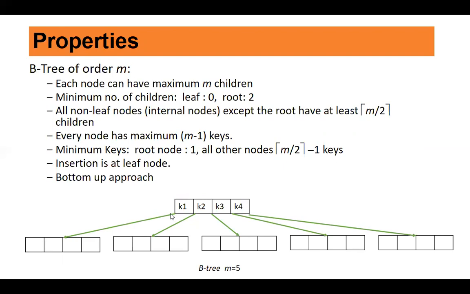Now, the minimum number of children at a leaf node: this is a leaf node, so the number of children is 0. And for the root node, the minimum number of children can be 2, because to start with, you have a single key, a single element, and then it can have 2 children. So the root can have a minimum of 2 children. All non-leaf nodes, these are the internal nodes which cannot be seen here, in fact, it will be clearer in the example, except the root, have at least ceiling of M by 2 children, where M is the order. Here the order of this tree is 5.